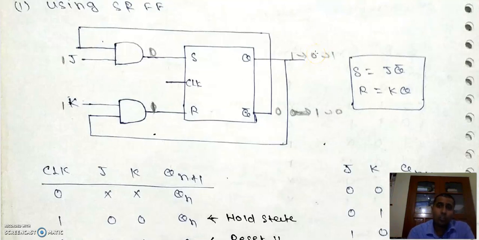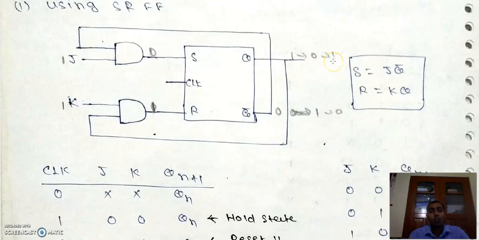From this we can conclude that if we assume Q is equal to 1, we are getting 0. Now again we take one cycle. If this one is 0, this one is 1, so this one will be 0, and here it will go to 0. Here one input is 0, so we will get 0. But in this case this 1 will go to this one, so 1 1 1, here we will get 1, that means 1 0, which is the set condition, so we will get 1. So if we assume Q is equal to 1, we will get 0. If we assume Q is equal to 0, we will get 1.